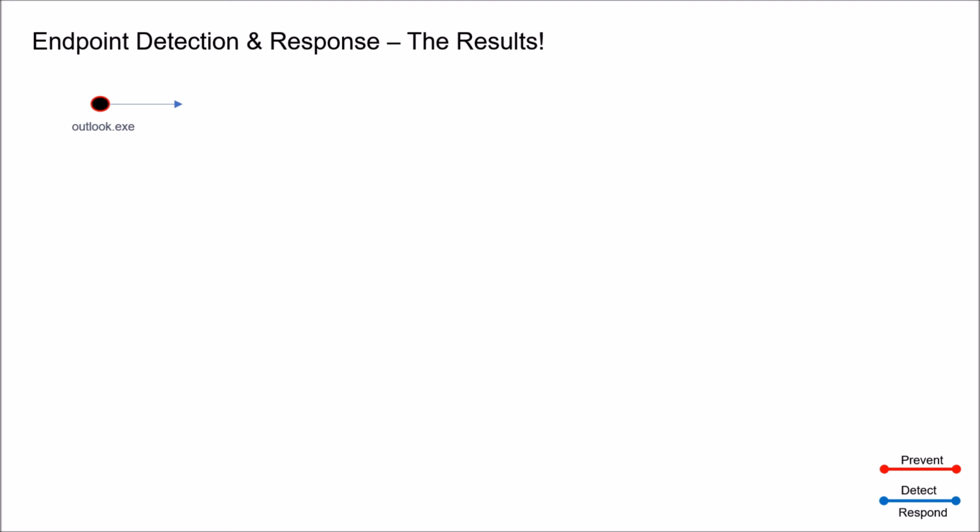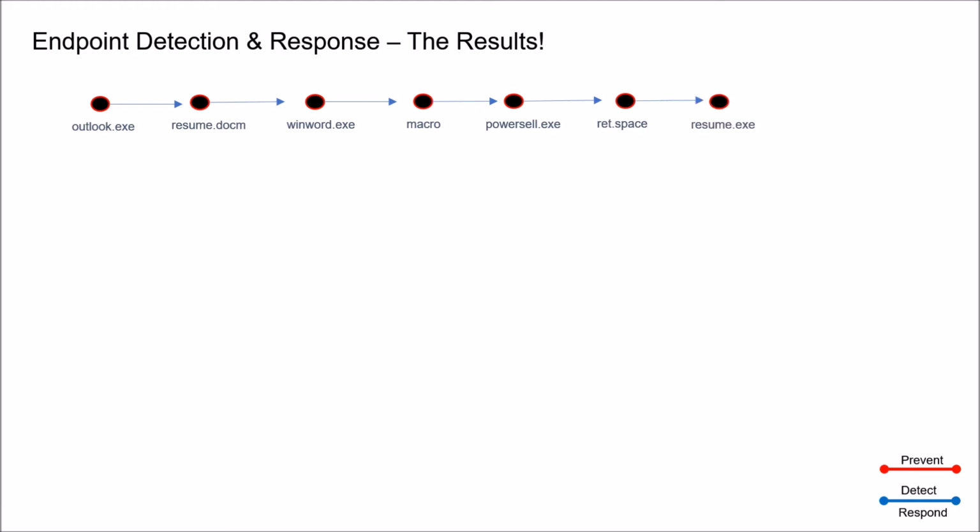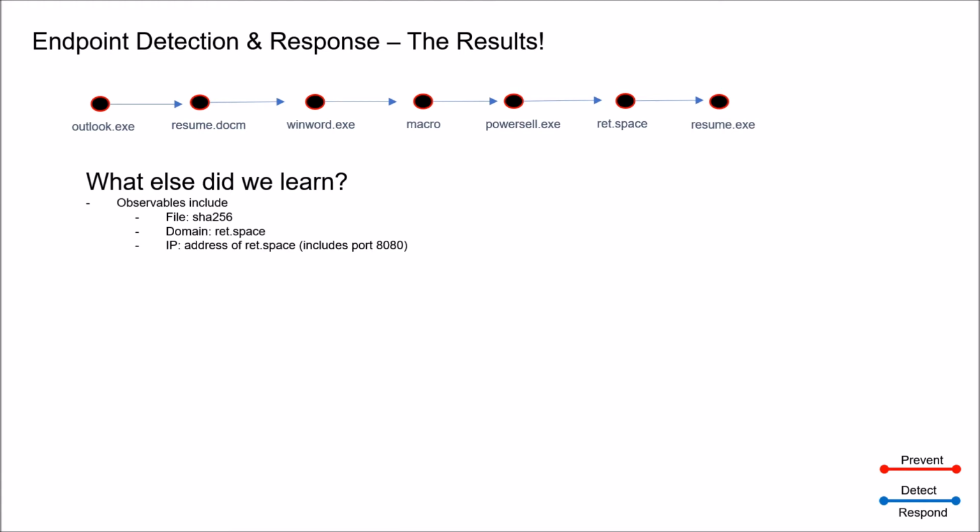All right, now when we take a step back and look at it, we can see it visually, right? We see Outlook involved with resume.m, which opened up Windward, which invoked a macro, which started PowerShell, that went to ret.space, downloaded resume.exe, and started that process. And we've captured a couple other things, right? We've got a file SHA-256, we've got the domain name, we've got an IP address, we even got the port number in this case. So these all can be used to help facilitate defensive capabilities in the rest of our defensive platforms that exist. So whether that be a next-gen firewall, DNS layer security, email, etc., these are all elements